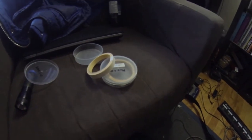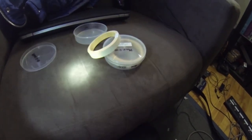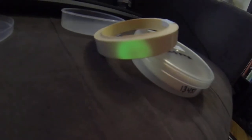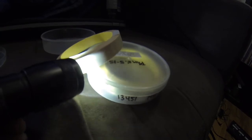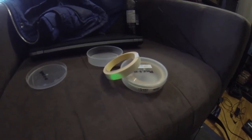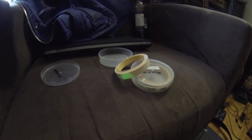What am I watching here? So, charge this up a little bit. Oh yeah, that's gonna work great. Short little charge and it's bright. It's the UV light. It's gonna work great. I will have to clean up a rim and...